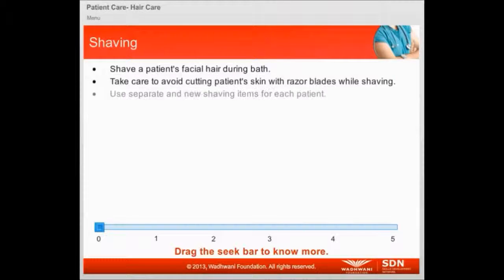You should shave a bed-bound patient's facial hair during a bath. Take care to avoid cutting the patient's skin with razor blades while shaving. Use separate and new shaving items for each patient. For shaving facial hair,